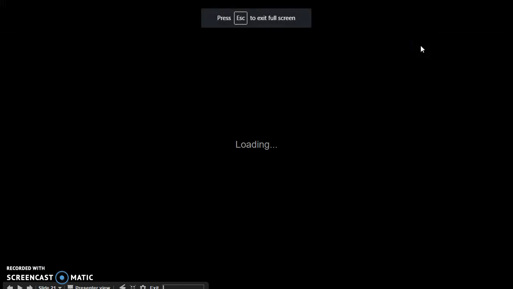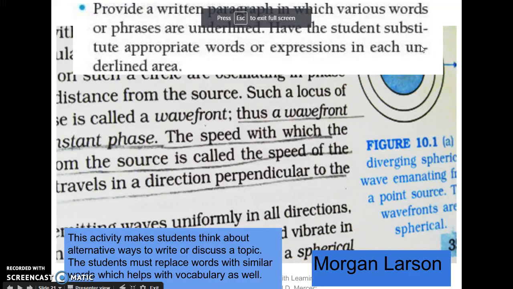So my activity was basically providing students with a written paragraph in which there are certain words or phrases which are underlined, and then the students are supposed to substitute appropriate words or expressions in for those underlined areas. And I'm going to show you an example of this, but first I just wanted to say that this activity